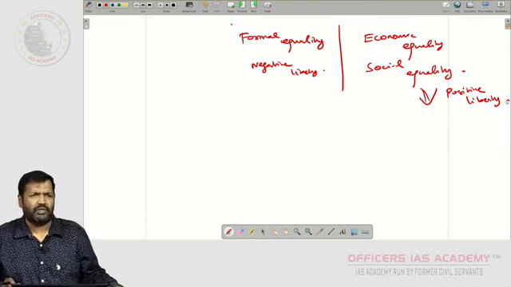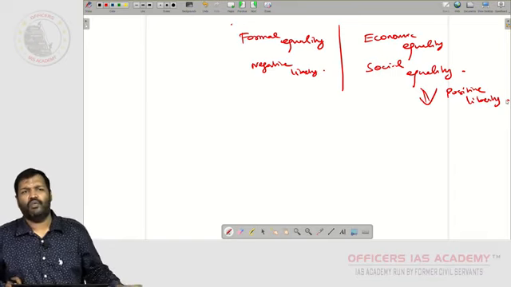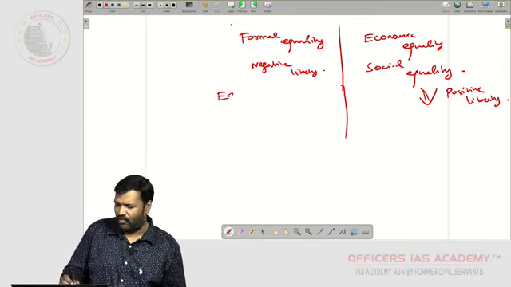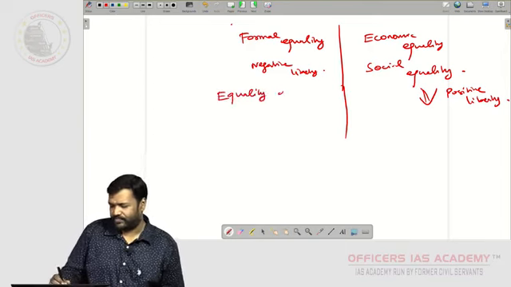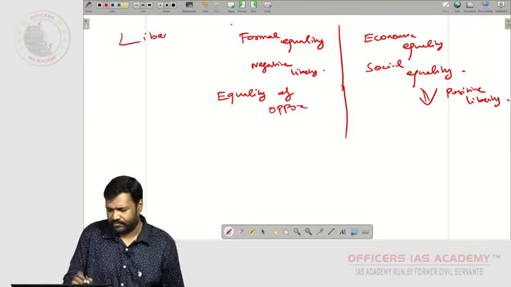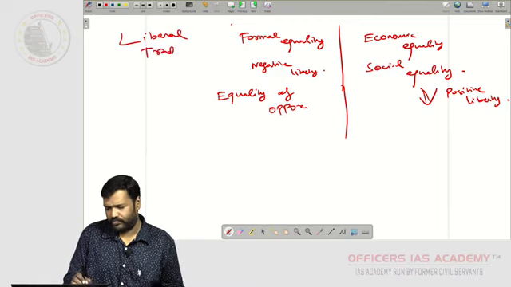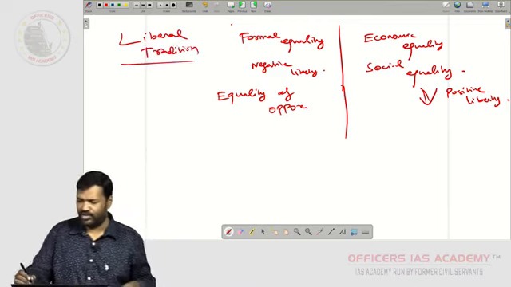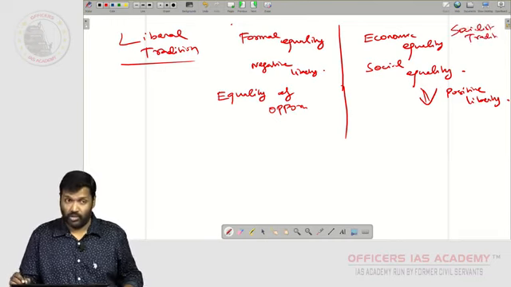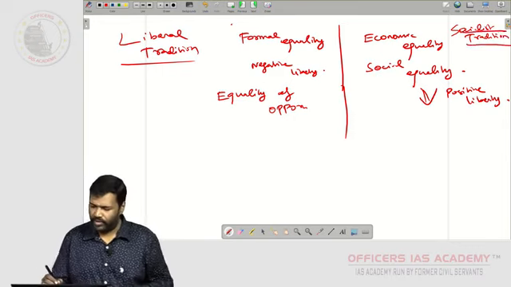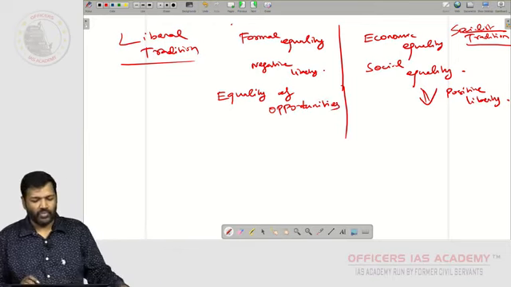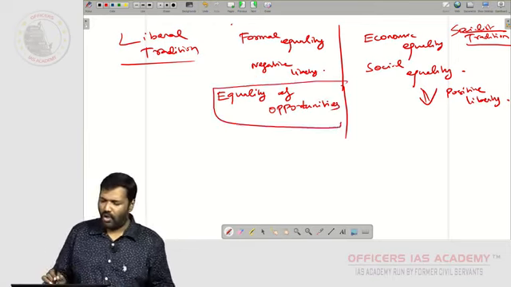While the liberal people asserted, we also speak only for equality. Then what kind of equality? Then comes the notion of equality of opportunity. This is liberal tradition. This is socialist tradition. Don't write in an exam as a Marxist tradition, that will be wrong. Write a socialist tradition, nothing wrong in it. Equality of opportunities.